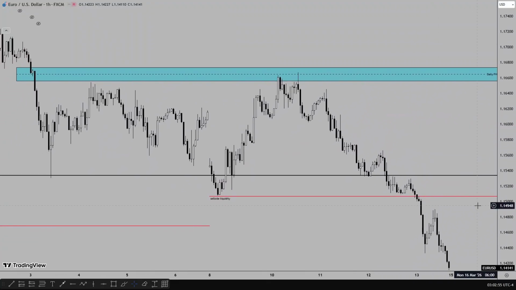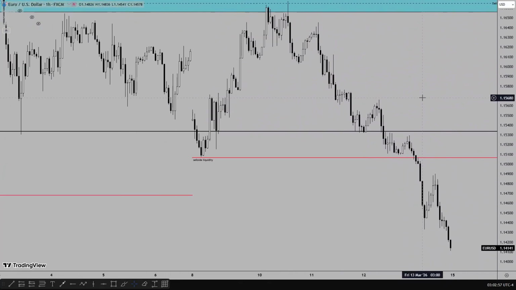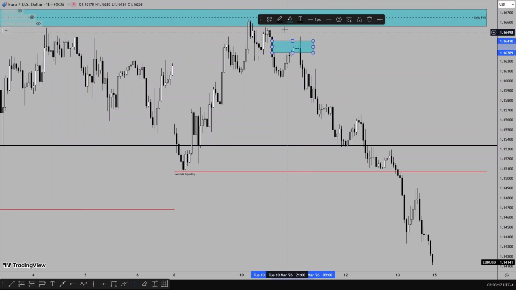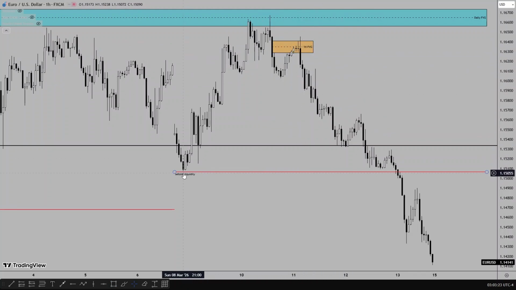On the 1 hour time frame, you can see the shift in structure. After price traded above the mid-range, because of the increment level of the daily fair value gap, shift in structure, retracement, 1 hour fair value gap. This should have been your entry if you were to anticipate lower prices to run the sell side liquidity. Your entry at the 1 hour fair value gap, and study how price delivered trading lower to run the